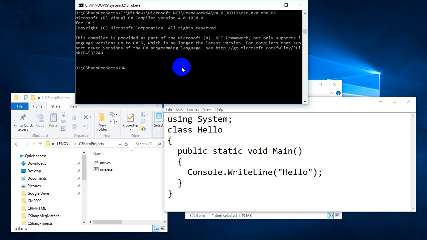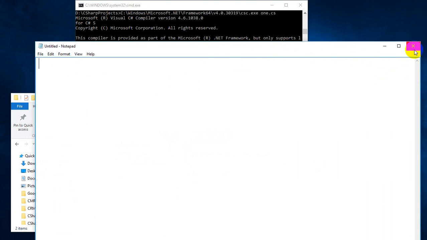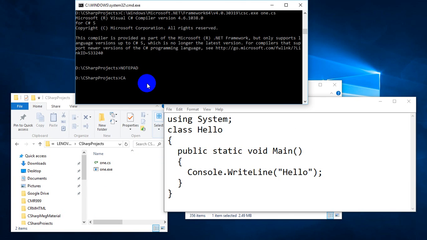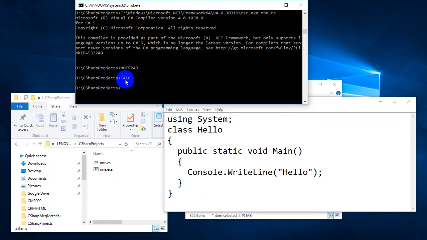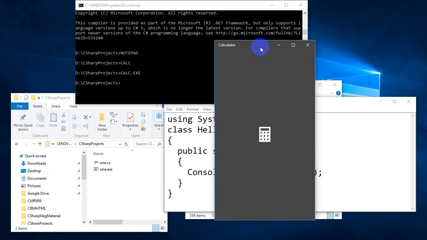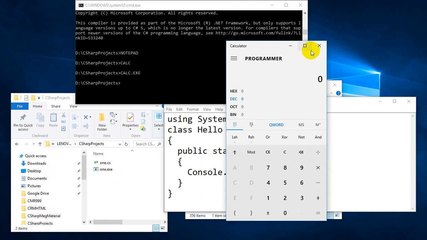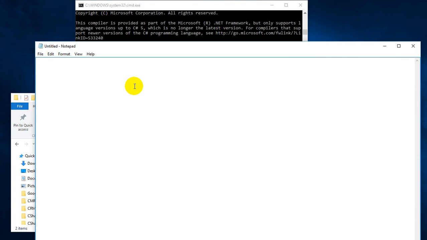See here, if I type notepad, it just opened notepad. See, it opened in my other system. Even if I type calculator, it just opened calculator. So you don't have to write .exe. Even if you write it, it should not be a problem. So it will just open calculator. See now, did you notice it? When I type notepad.exe, it will just open notepad.